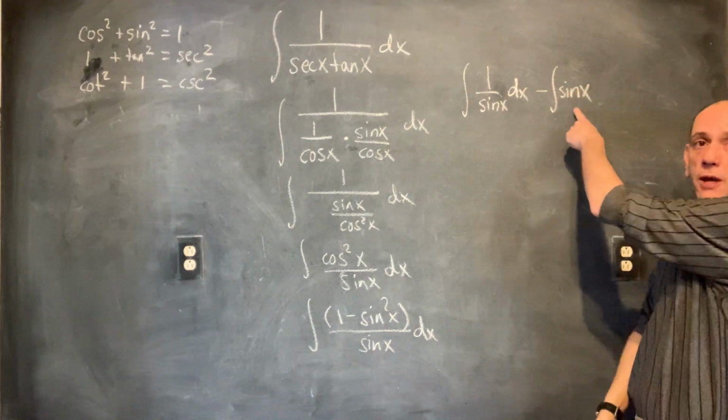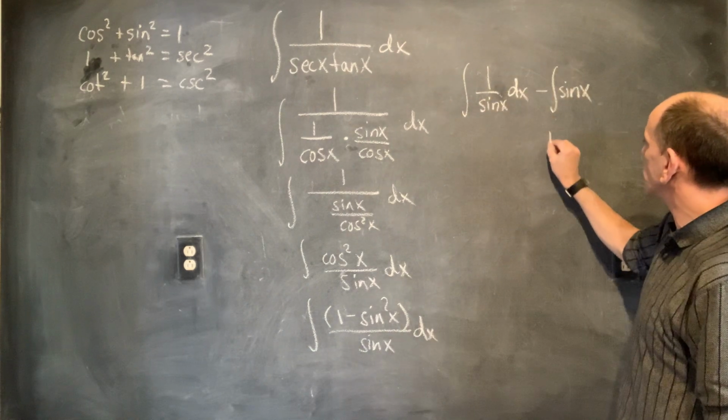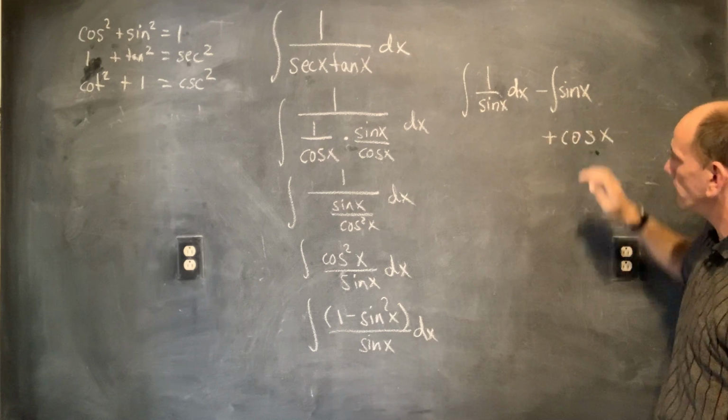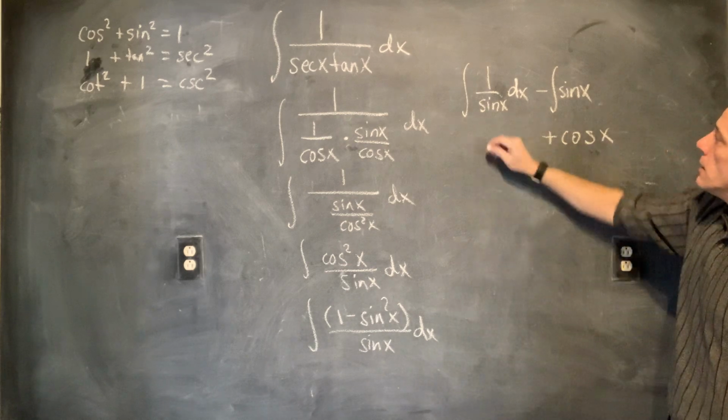So that one, this is just a basic rule, right? Integral of sine is negative cosine, so we can just complete that, and we're done. Negative, negative gives me positive, right? So sine of negative cosine. Now here,